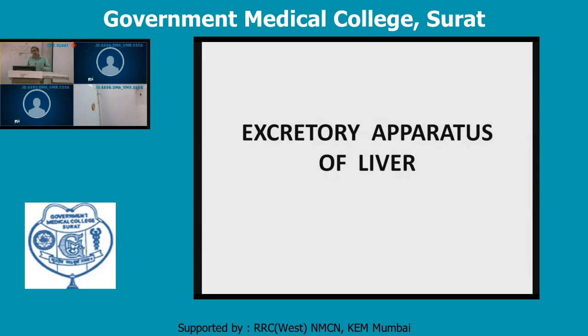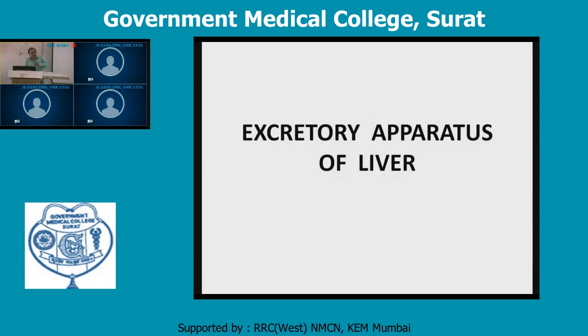We all know that the bile is produced within the liver. The hepatocyte is the production site for the bile. So after production within the liver, the bile is transported first within the liver, and after coursing through certain ducts within the liver, it makes its exit from the liver through two hepatic ducts. Up to this part, that is the intrahepatic part.